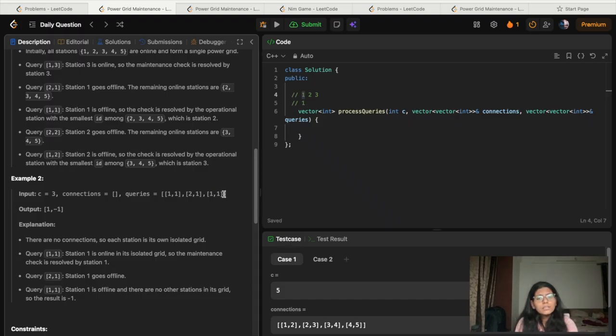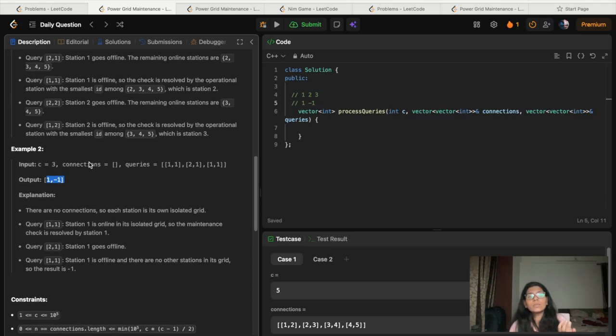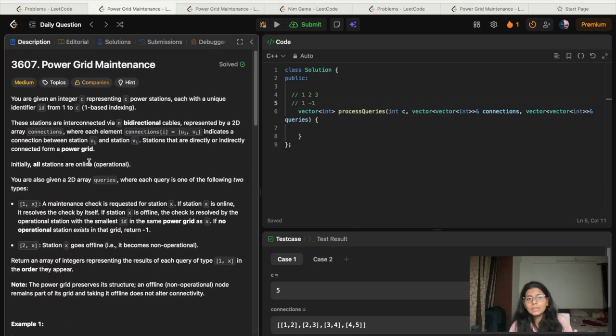Now we go again to node 1 and ask for a maintenance request. But as node 1 is offline and no node is connected to 1, this request is not passed to any node, and the final answer will be -1. So that's the given answer here. This example explains the question pretty well. The question is too long, but through the examples we can get it. I think I have explained what the question was saying, and let's think how we can solve it now.